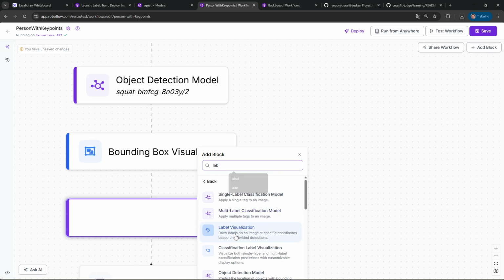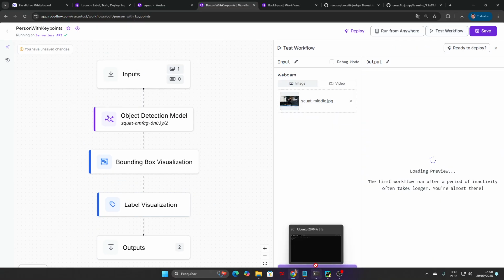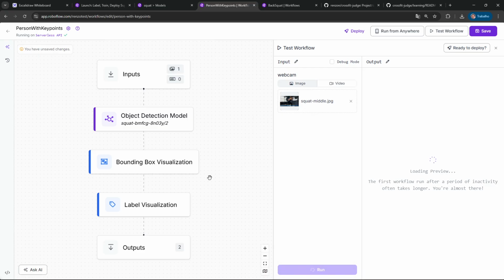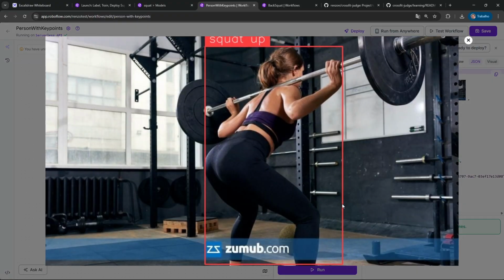So now let's test our workflow again. Let's see the results. The good thing about bounding box visualization and label visualization, I hope that we can see it in here right now. So you can see that the model was able to identify a person in here and label it with this label, squat up. So I thought, wow, maybe it would not be the solution for my project.